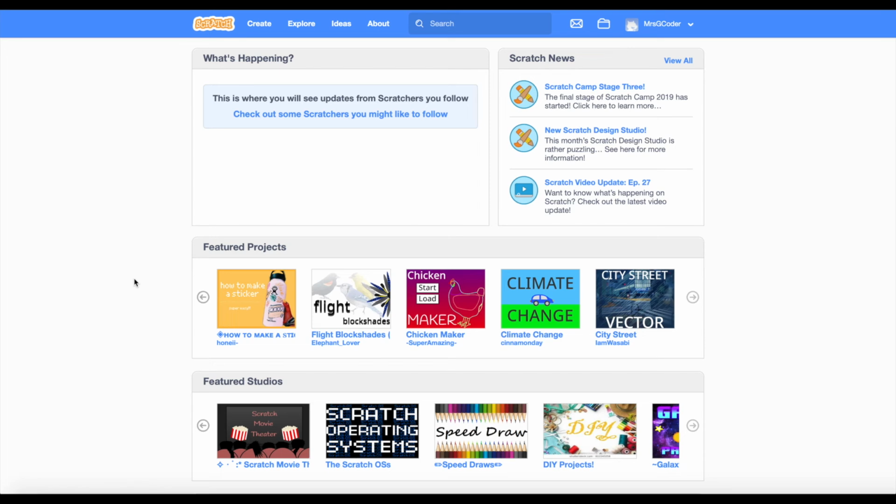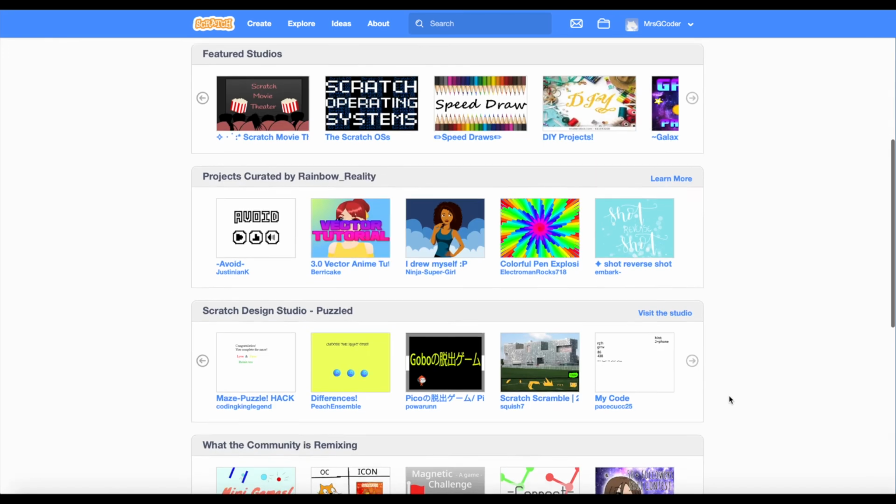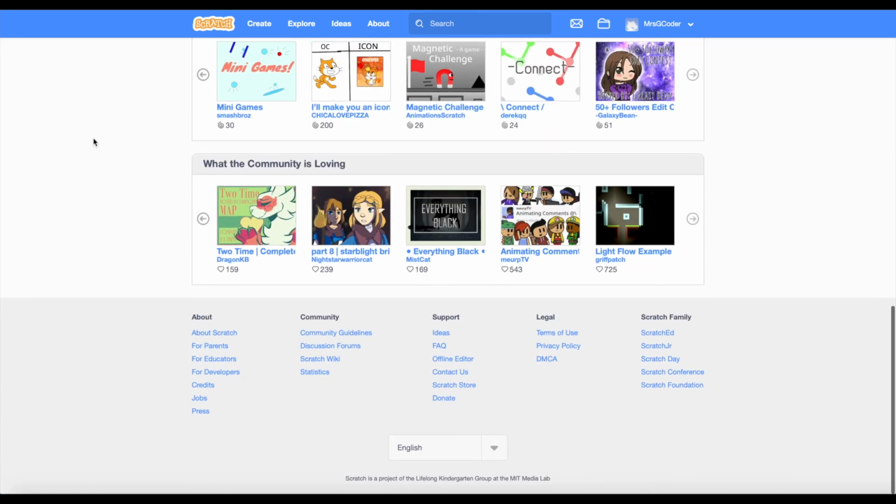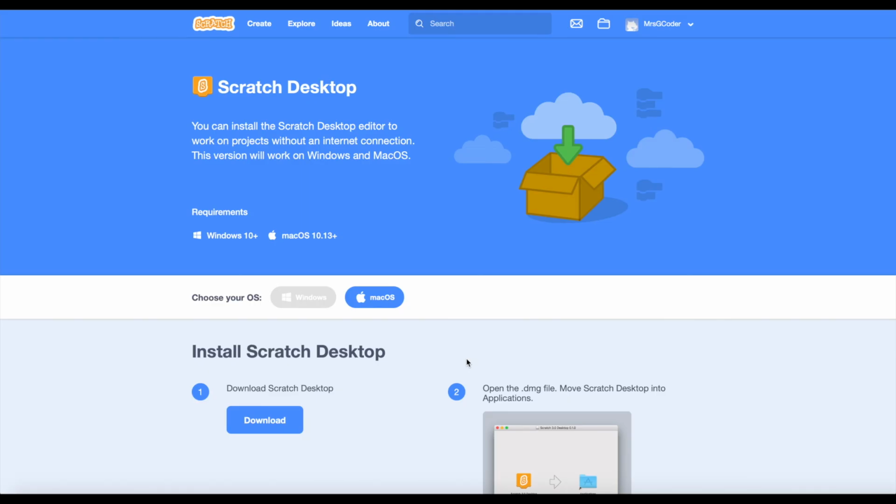If you are running on something bigger than a Chromebook, either Microsoft Windows or a MacBook or something like that, you can actually create an offline version of Scratch. I'm scrolling to the bottom of the window here, under Support. If you go to Support and look at the offline editor, and again, make sure you have permission from your parents if you're using a personal device, you can actually put the Scratch desktop